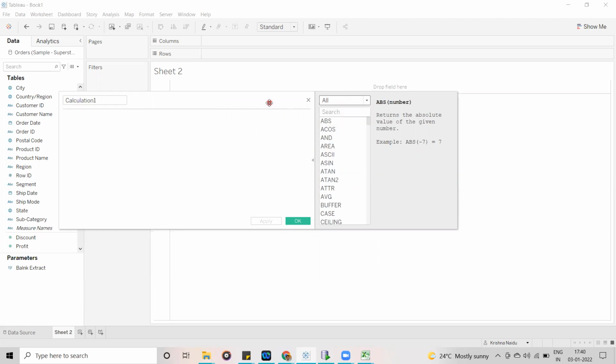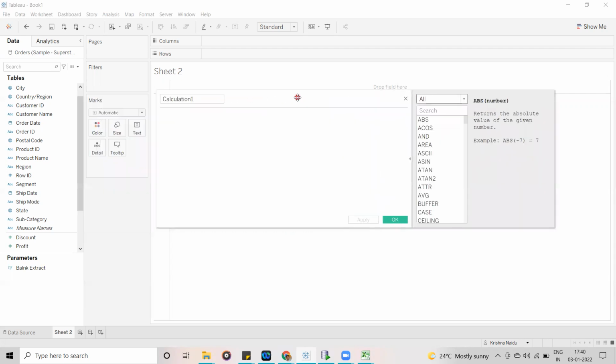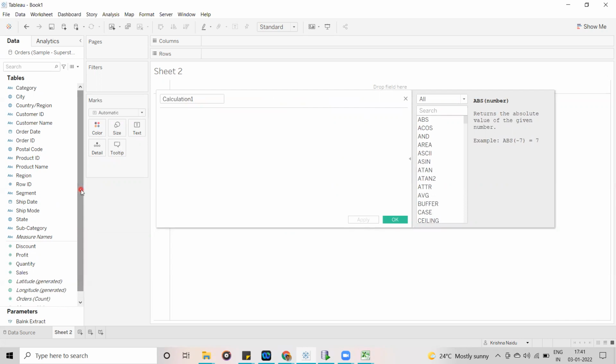Now guys, as I said already, calculated fields are custom fields that we create to show data which is not available in the data source. Why do we need to create calculations? If the database already has all the data required for the end user, then what is the purpose of creating custom fields?